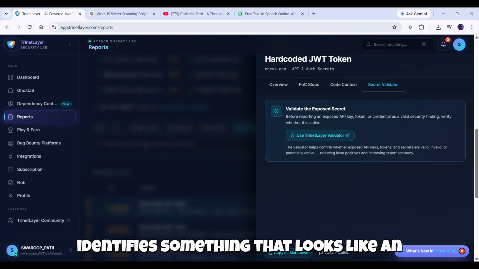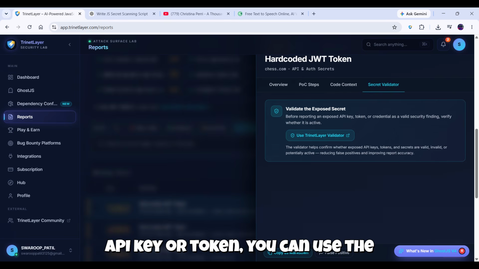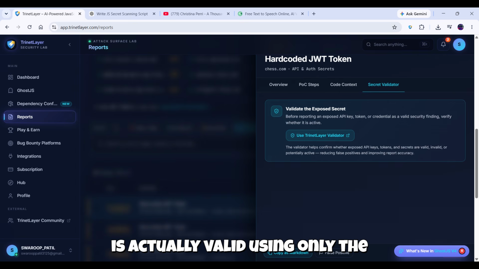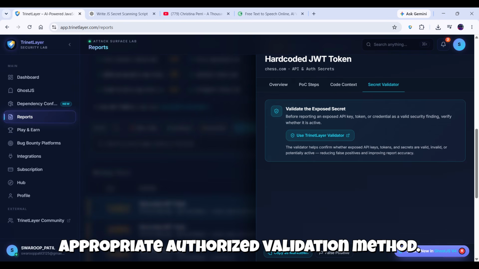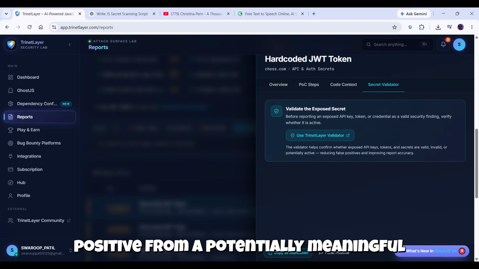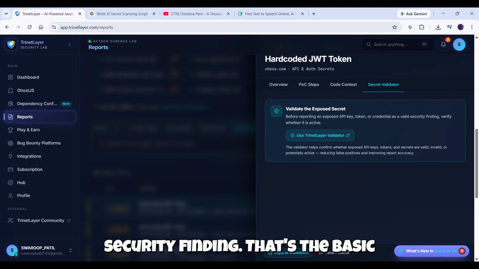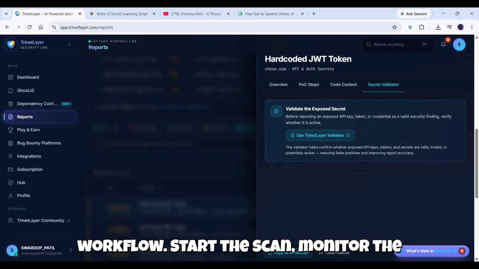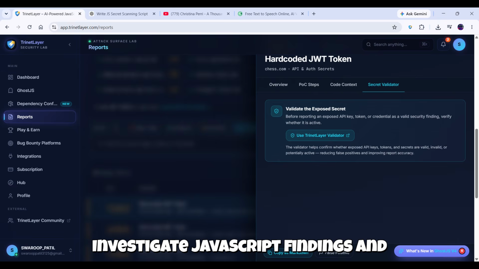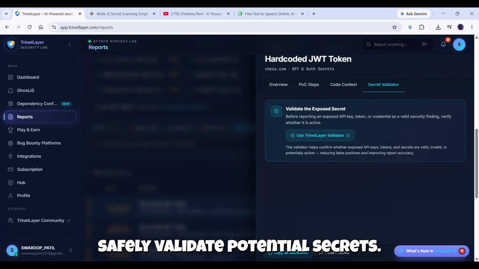If the scanner identifies something that looks like an API key or token, you can use the validator to determine whether the value is actually valid, using only the appropriate authorized validation method. This helps separate a simple false positive from a potentially meaningful security finding. That's the basic workflow. Start the scan, monitor the reconnaissance, review the reports, investigate JavaScript findings, and safely validate potential